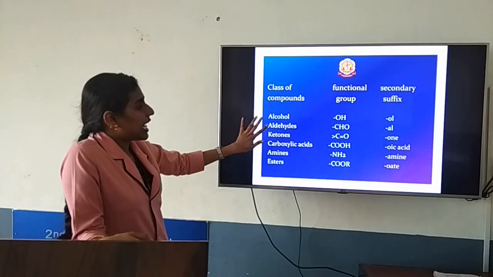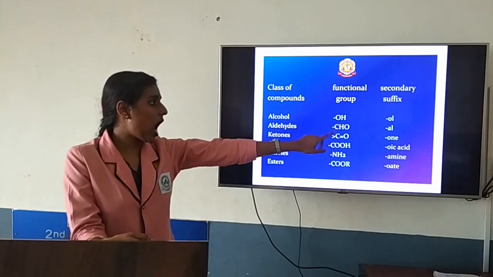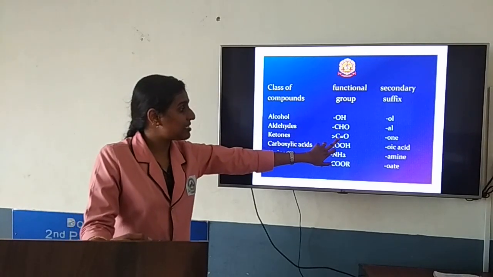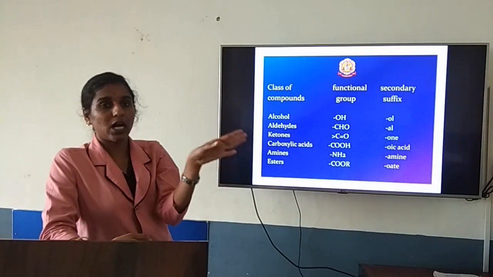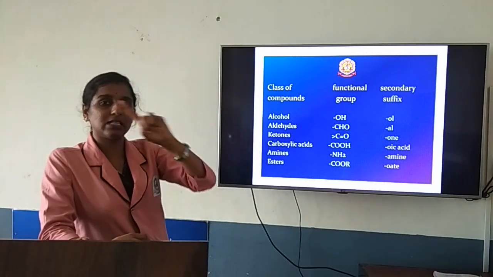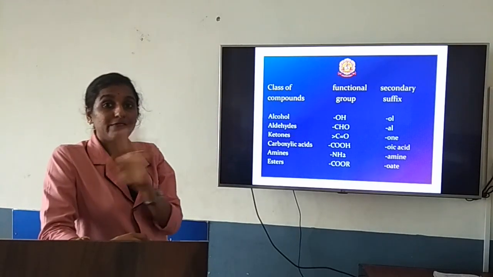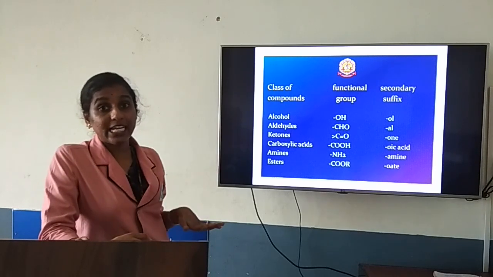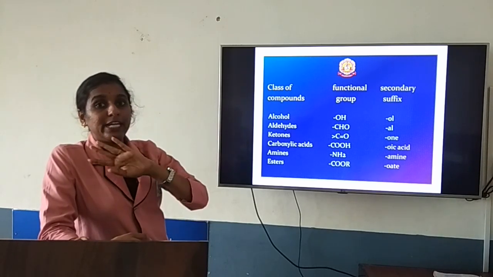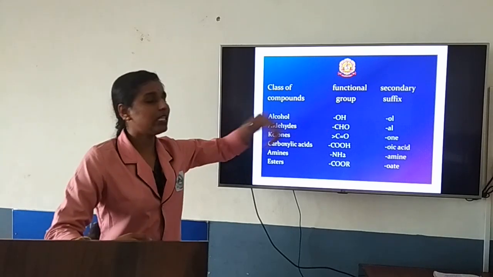If an aldehyde group is present, in the sense if you can find CHO group, then it is R-CHO. If you can find C double bond O, this will be present in the middle of the carbon chain. So you will not get it on terminal carbons, in the sense this end as well as the other end. Those terminal carbons will not get the ketone group. Only the middle carbons will get the ketone group, C double bond O. It should not have hydrogen along with that. If it is having hydrogen, it goes with aldehyde.